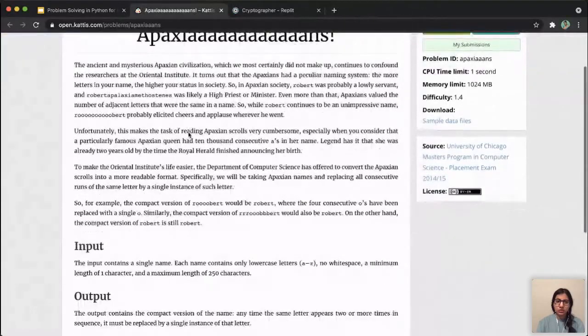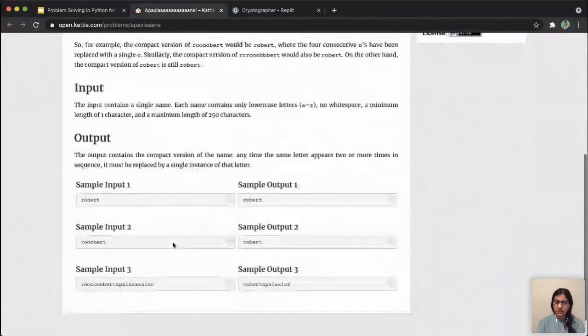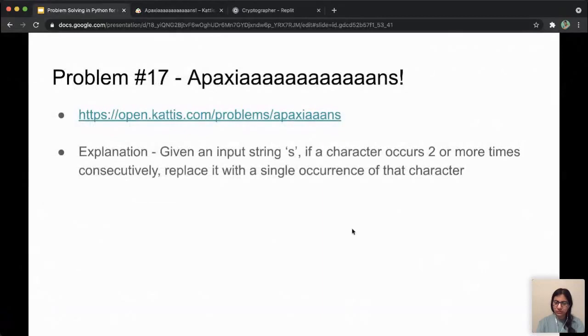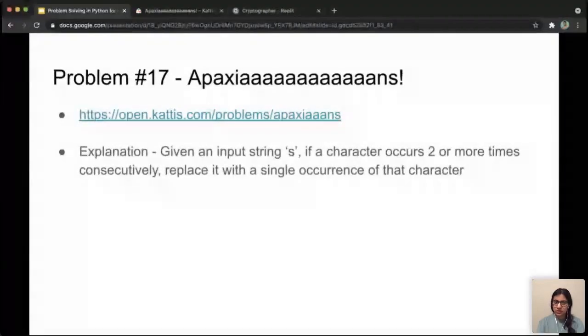Okay, so this question is actually kind of similar to the previous one. But this time we actually have to create a new string, okay? So this time they've said when you have repeating characters, like here you can see I have 3 O's, replace it with just 1 O. Here we have many characters repeating. So whenever a character repeats, replace it with just one occurrence of that character, okay? I've written it here also. I hope you understood this.